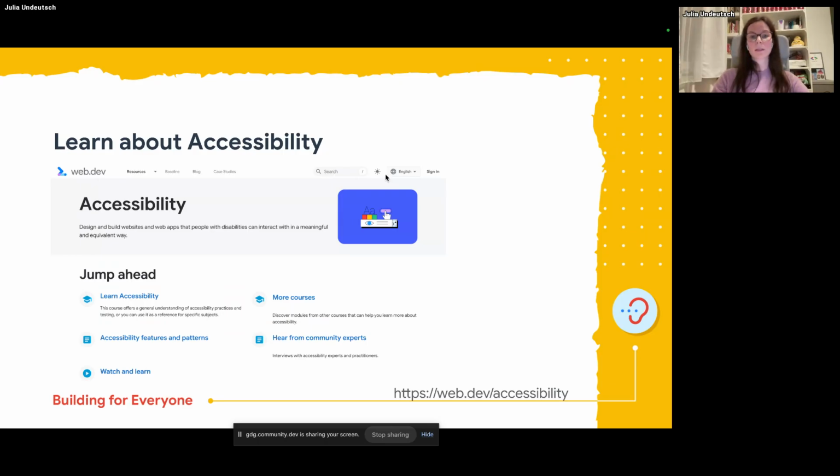You can also learn about accessibility, for example, from web.dev. It's from Google. The content is getting better. There are some issues with it, but I think as a starting point, if you want a guided resource to get deeper into the topic from the beginning, and also from different perspectives, then you should at least check it out.